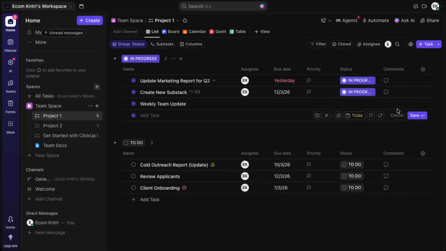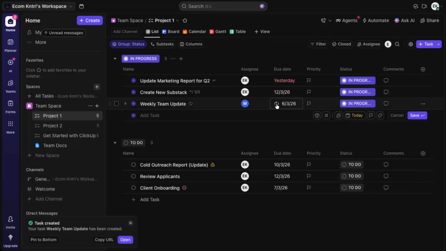This locks in your recurring settings and saves the task. From now on, ClickUp will automatically generate the task according to the schedule you just set, so you don't have to remember to recreate